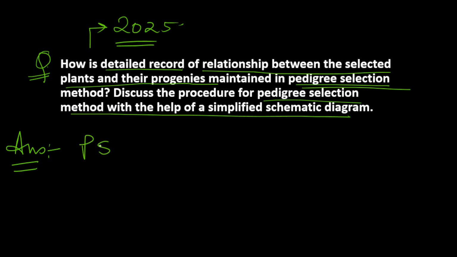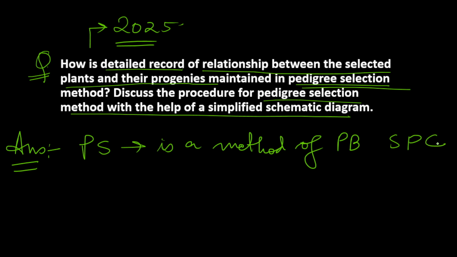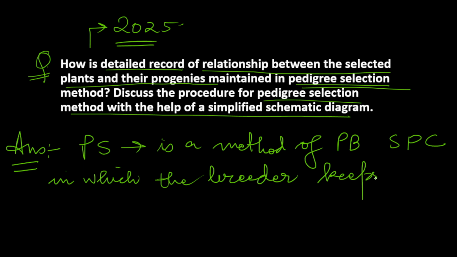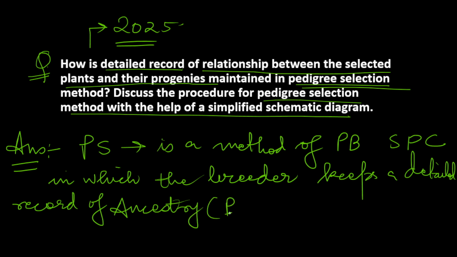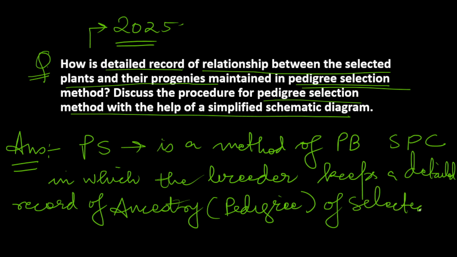Pedigree selection is a method of plant breeding, generally in self-pollinated crops, in which the breeder keeps a detailed record of ancestry, or you can say pedigree, a detailed record of pedigree of the selected plants and their progenies in each generation